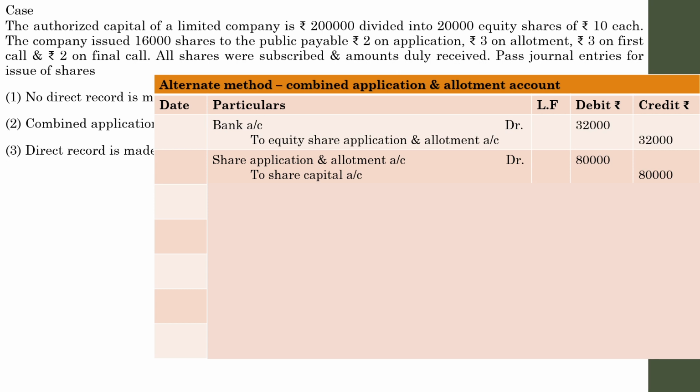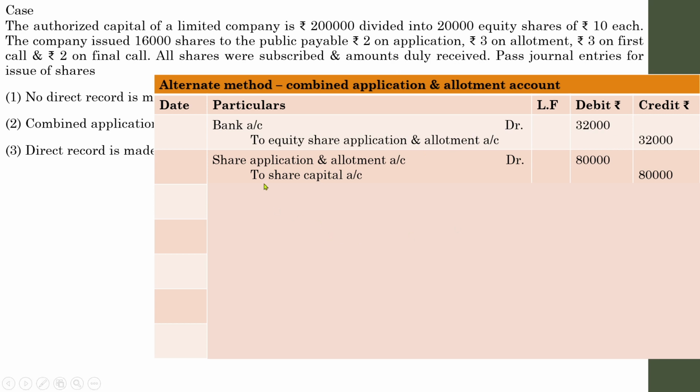I will explain it in the next journal entry. So we have recorded the payment entry and due entry. And did we collect all the payments with regard to application and allotment? No, we only collected with regard to application. We need to collect about allotment.